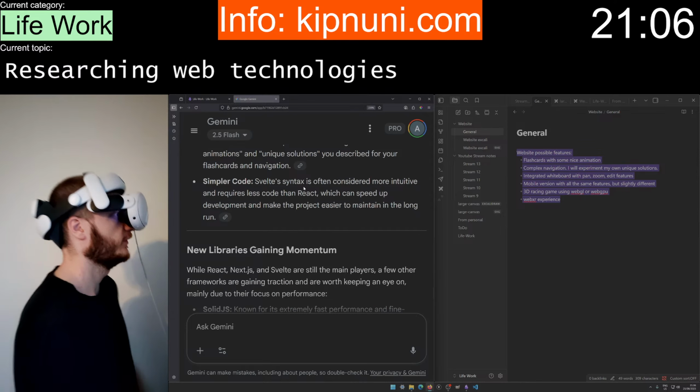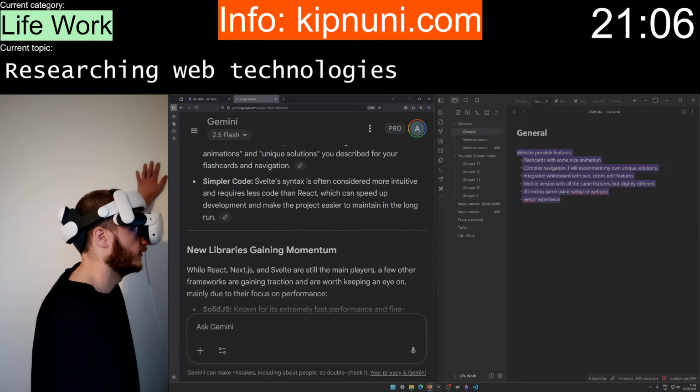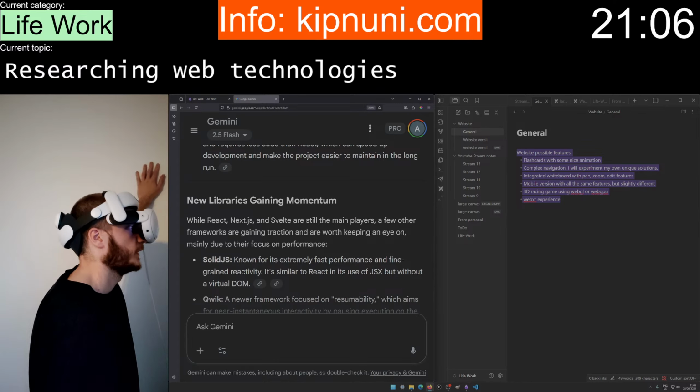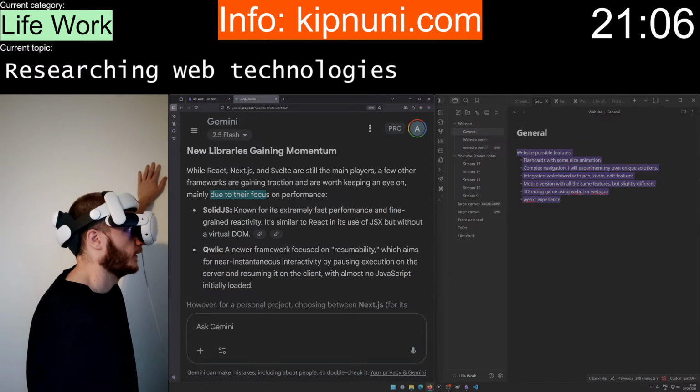Consider it more intuitive, requires less code. That doesn't matter. New libraries. While React and Next.js are still main players, a few other frameworks are gaining traction. Performance. Solid.js. Haven't heard. Quick, I think I have.